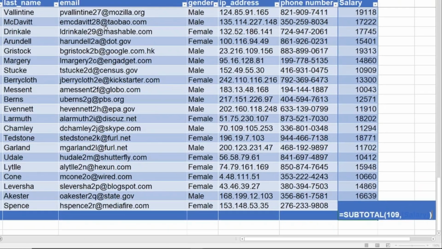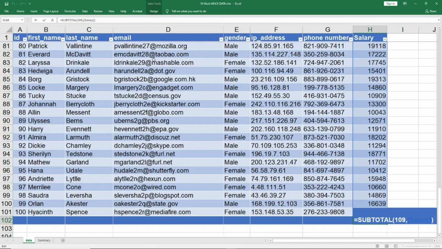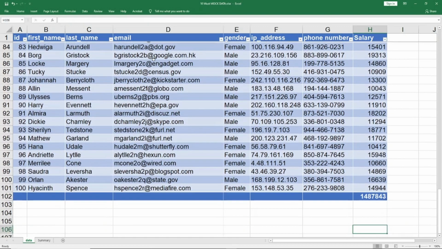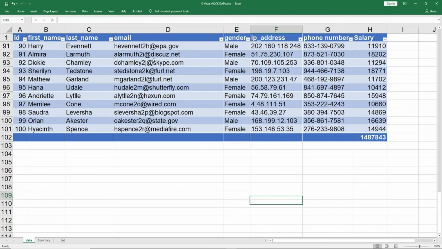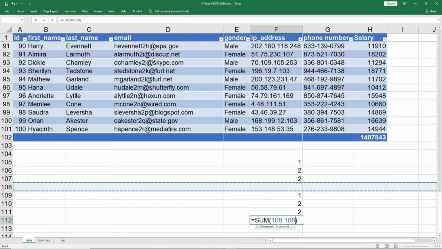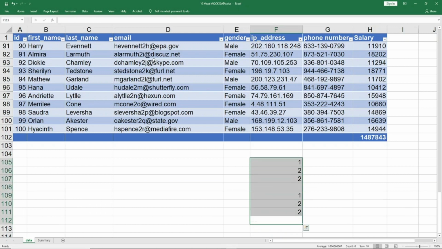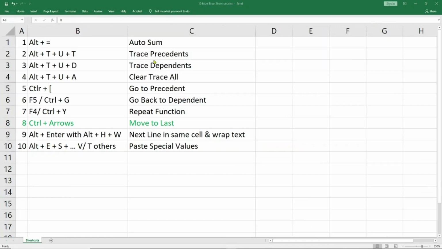So there is a lot of benefit of this, which I will show later, of the formula of subtotal. But had it been a non-table, let me just quickly show you here. 1, 2, and 3. I say Alt and equal to, it gives me sum of these three without a break. Had there been a break, let me just copy these here, and Alt equal to, it would have taken only these three. It would have ignored this and anything above it because there is a break. So let me delete this. Coming back to my formula sheet.